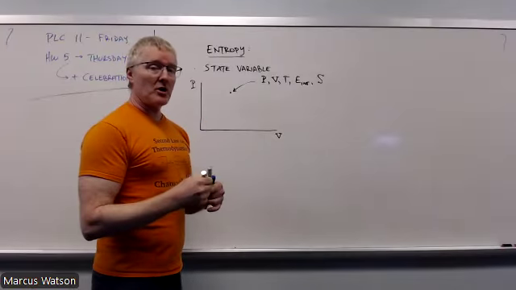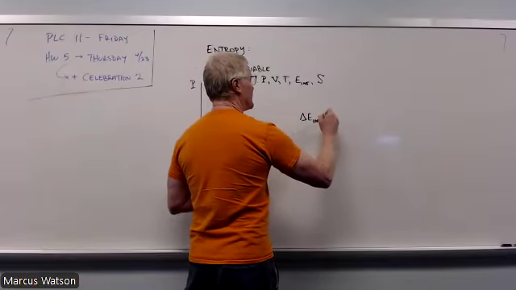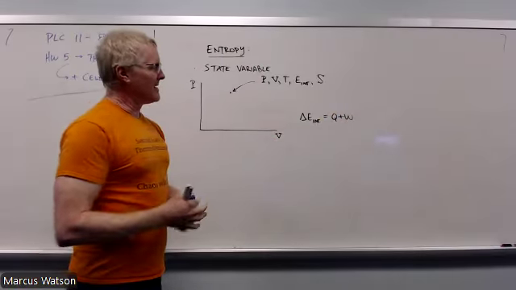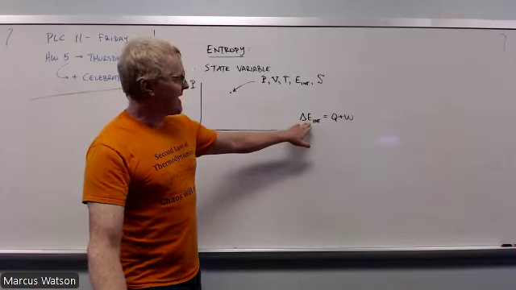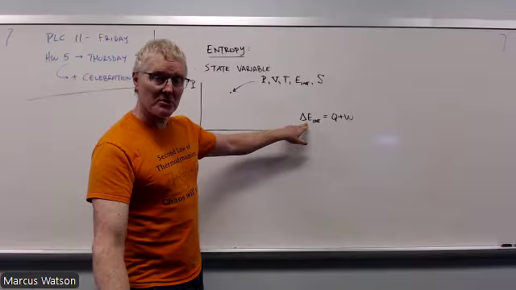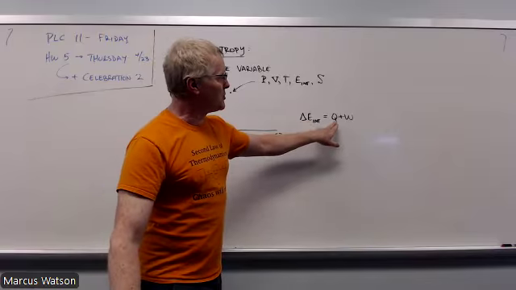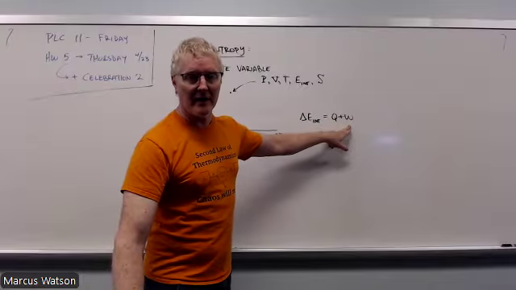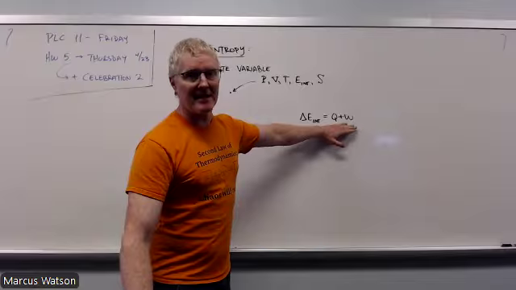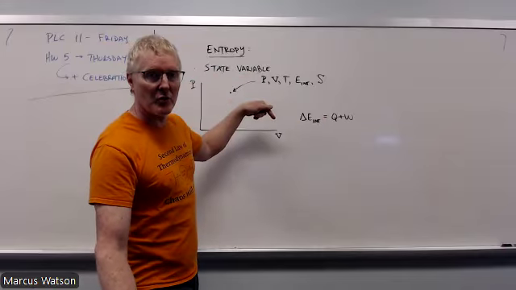When you look at the first law, however, it's telling you that the change in internal energy is due to Q plus W, and what that's basically indicating is that as you go from one place to another on the PV diagram, there's a change, possibly, in the internal energy, and that change is due to heat added or work done. Those things are not state variables, however, they are due to the path taken between the two states.